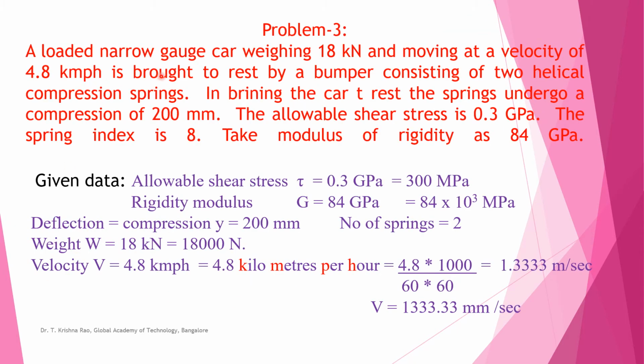This is a loaded narrow gauge car, railway wagons. At the end of the railway wagon, there are 2 cylindrical drums between the wagons. When the wagons collide with each other, the springs will compress and reduce the damage. Between the 2 ends of the railway wagon, you can see the 2 cylindrical drums projecting outside with a flange between 2 compartments. When they collide, the springs will compress and absorb the energy.